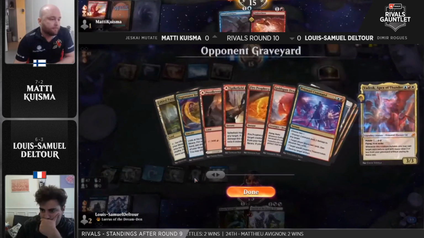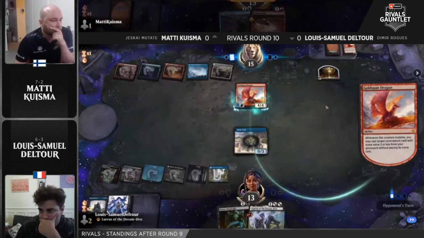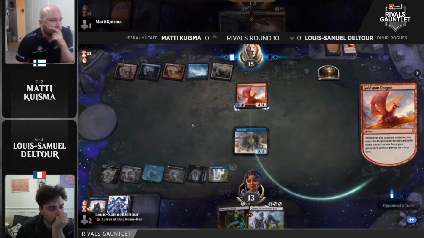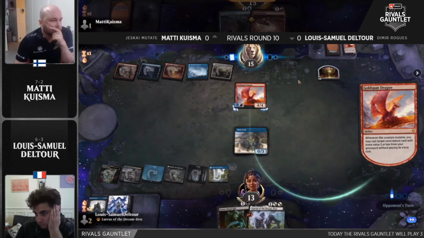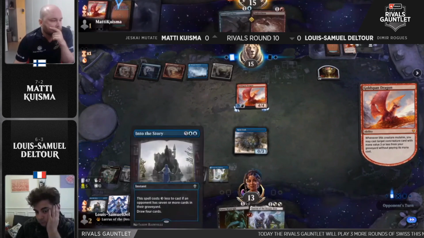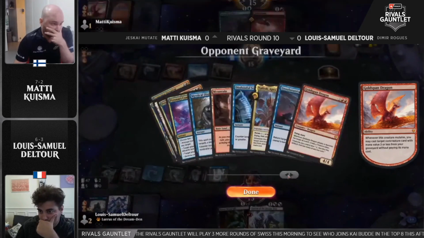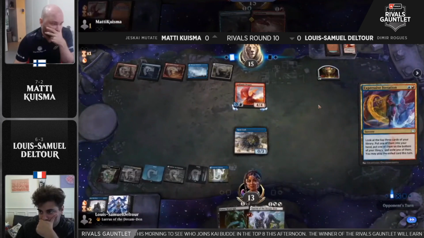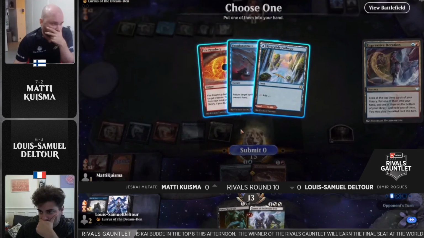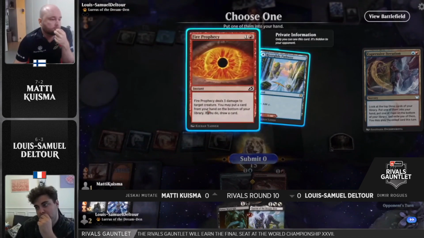Yeah, and they were both really talking about in their pregame interview about how this game 1 is heavily favored for Dimir Rogues because, to quote Matti, "I can't resolve anything game 1." But when you draw the one Mystical Dispute that we kind of saw be an all-star yesterday, and you draw one of the 2 Disdainful Strokes early, you actually have this playback. And if you can get something like this going, these are the games that you win from Jeskai Mutate game 1 against Rogues. So really impressive sequencing so far from Matti,